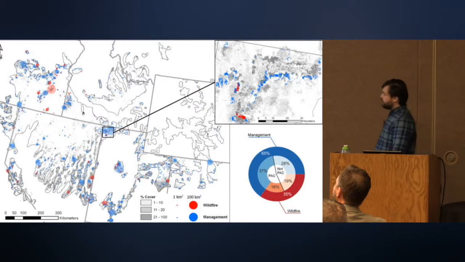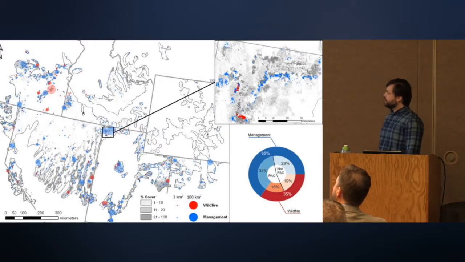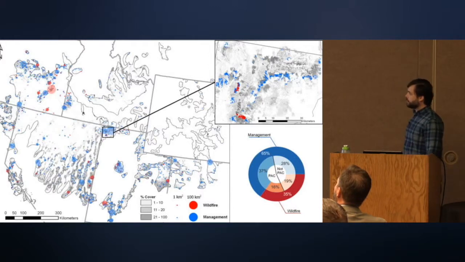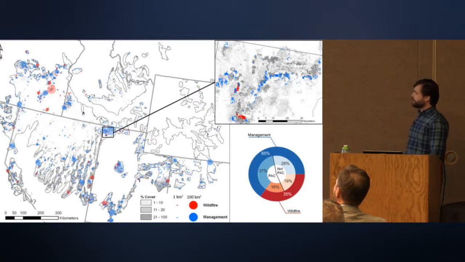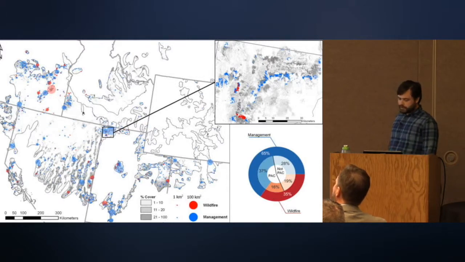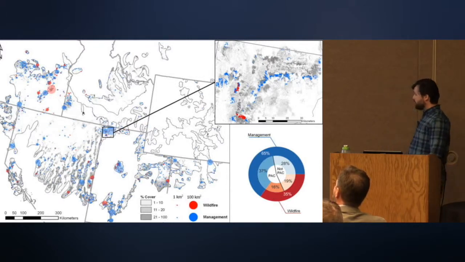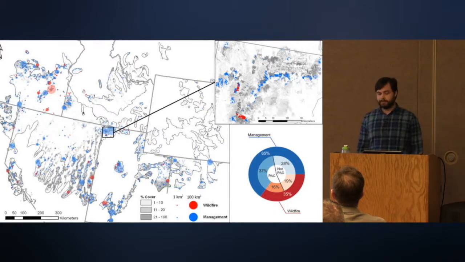And if we zoom in on a particular area, this area of northwest Utah by Grouse Creek here, you can see how the mapped reductions, the predicted reductions, are showing up on a smaller landscape scale. So you can see those blue management reductions showing up on some hillsides, and we've got these red wildfire reductions occurring in different areas. And overall, if you look at the donut chart here, we found that about 2/3 of all of the conifer reductions in this study were attributable to management, and just over 1/3 was attributable to wildfire.